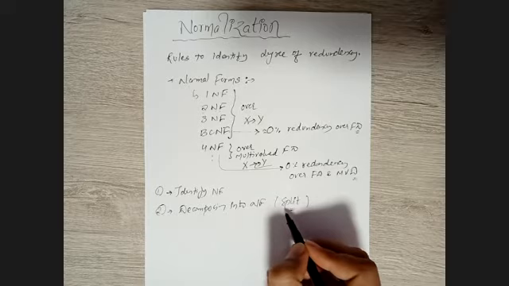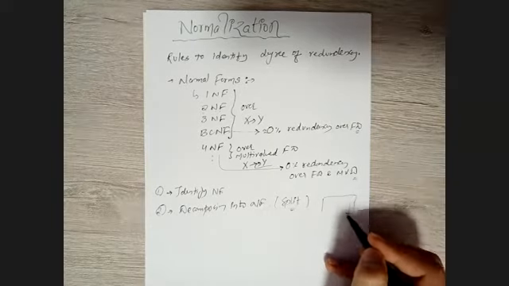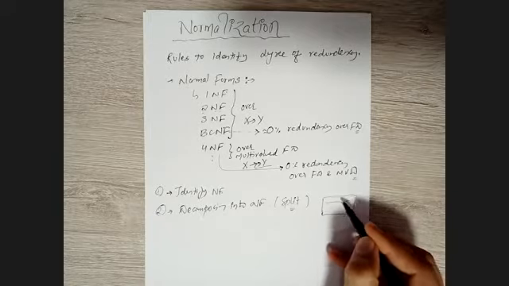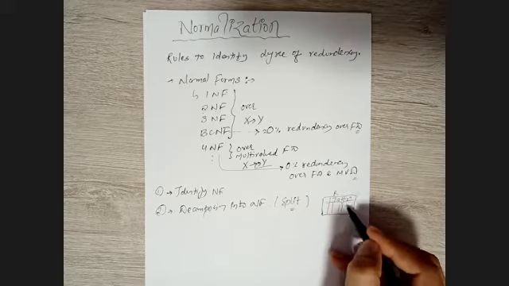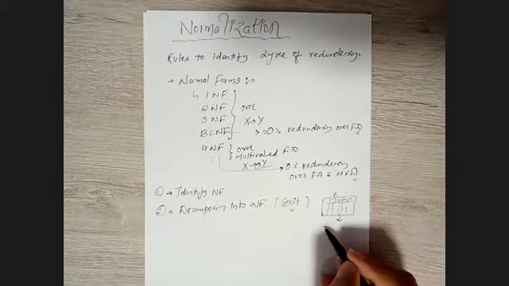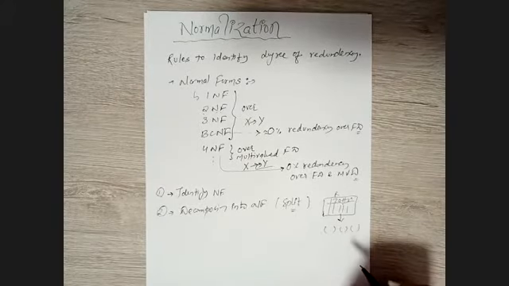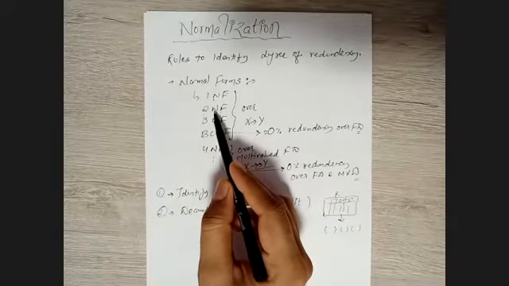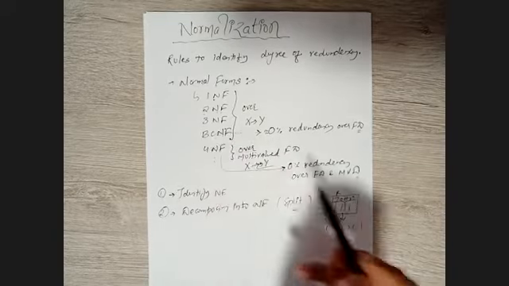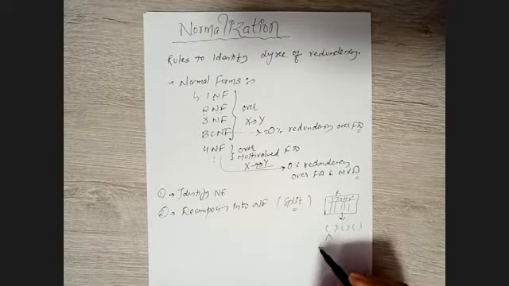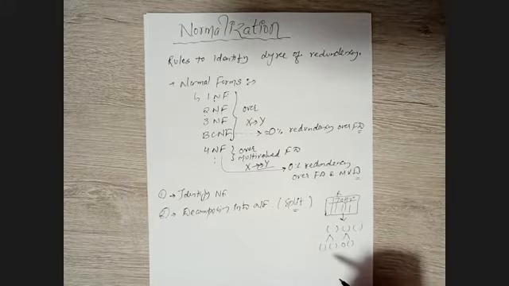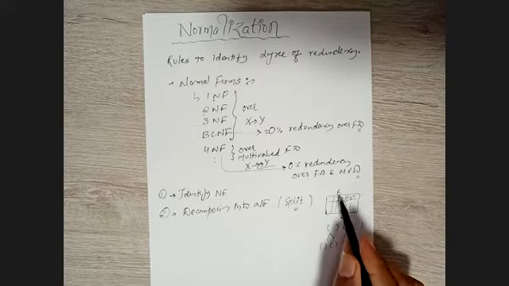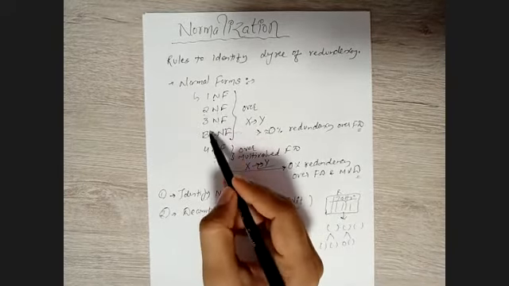When we split a relational table, for example, say we have a relational table over 7 attributes, I am going to decompose it into, let's say, 3 relational tables R1, R2, R3. So what happens when we move from first normal form to second and third normal form and so on is that we are splitting the relational table into small sub-relations. This is what happens when we move to further normalization.